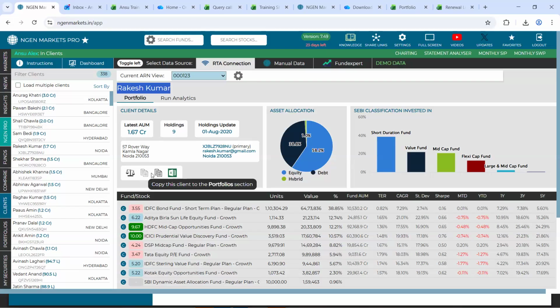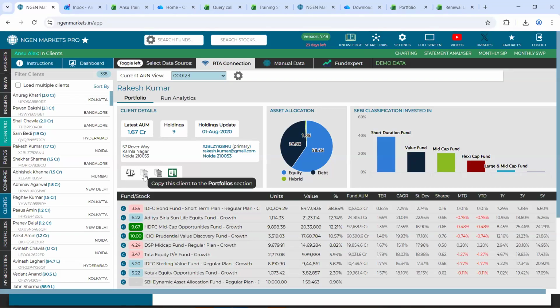Now, why have we given this option of copy? Let's say you wish to edit this portfolio. Since these are clients that we receive, or rather show on the system through your RTA feeds, when you're looking at this portfolio, you will not be able to edit it under the RTA connection tab.